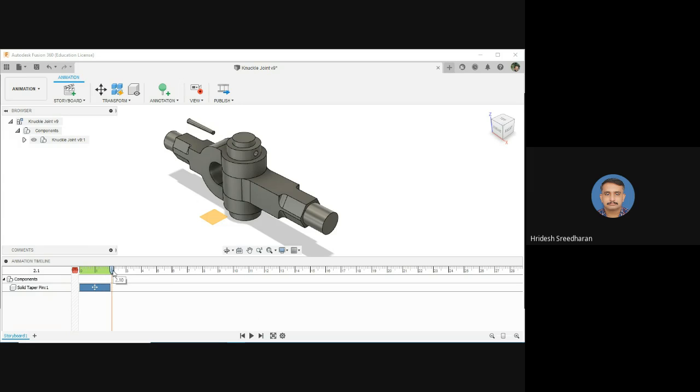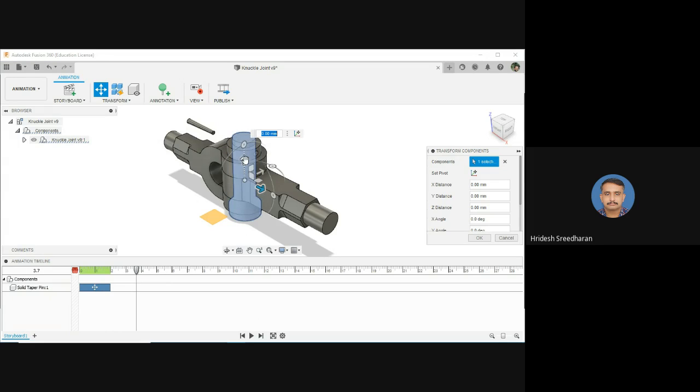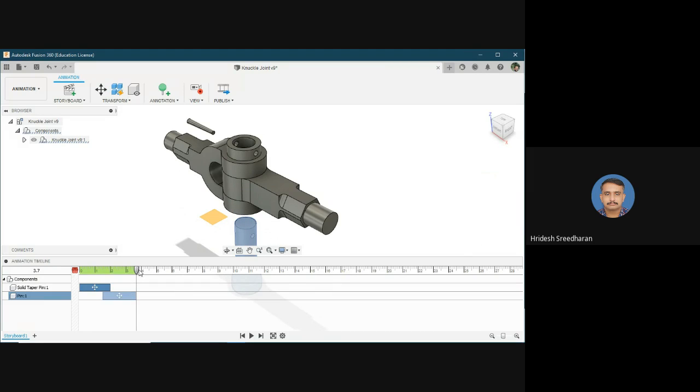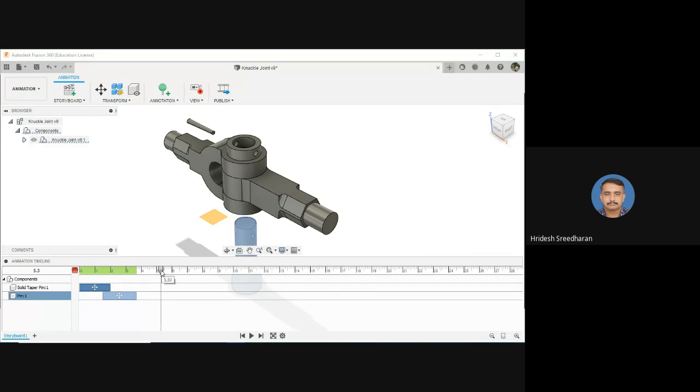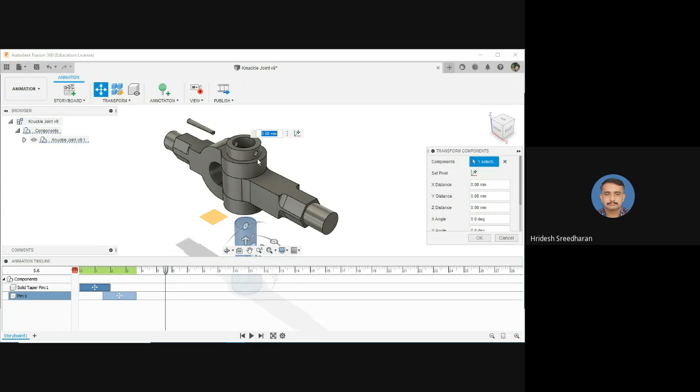Similarly, you can just drag the cursor in the timeline and let us take our next component. I'm going to take this pin out first. Then give OK. Again, move a bit forward, transform. We'll take this collar out.